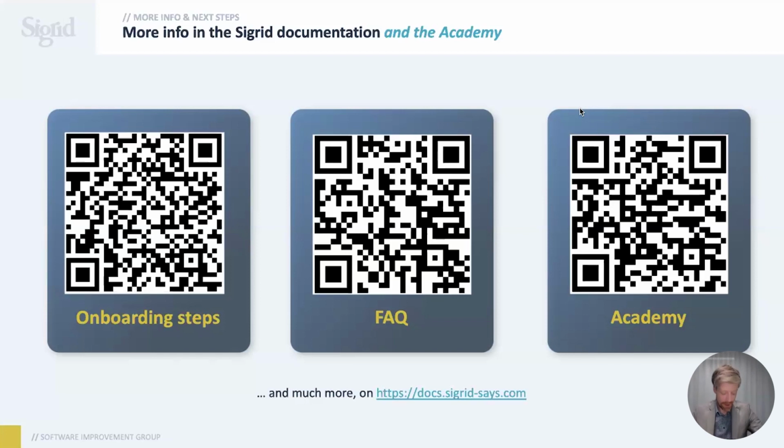As for the next steps, we want to wrap up this session. The onboarding steps that we discussed today are in the documentation. In the documentation, you can find, in the leftmost QR code, a list of frequently asked questions as well. Again, you can navigate there in the documentation, but you can also scan the QR code and go there. And lastly, but not least, definitely, we briefly discussed the Sigrid Academy that Leon just introduced. Much more you can find in the documentation, but I already said that.